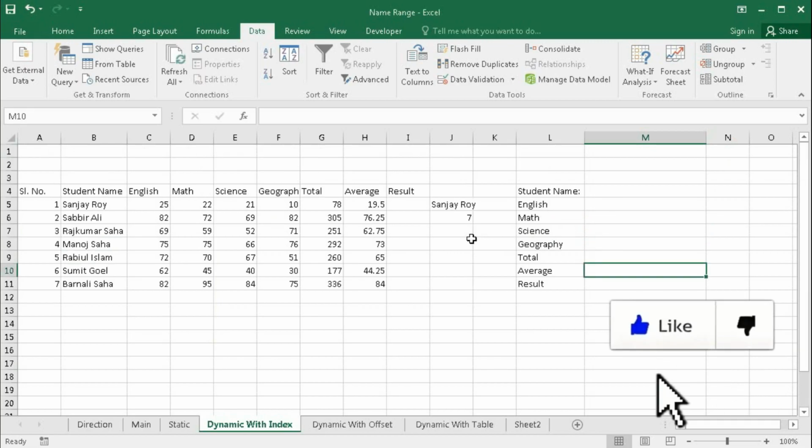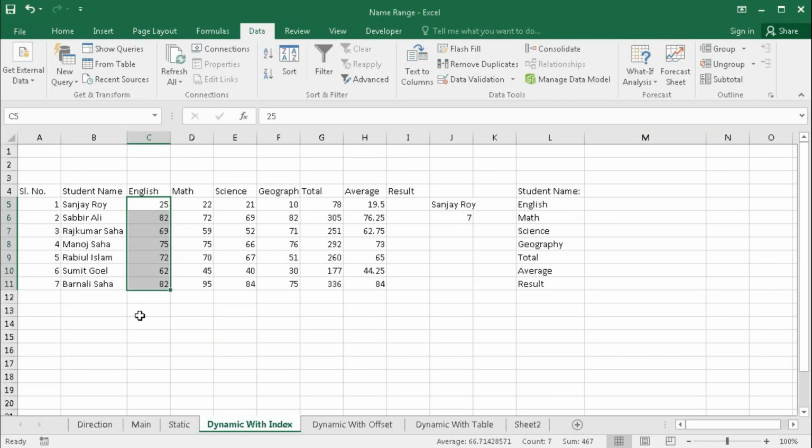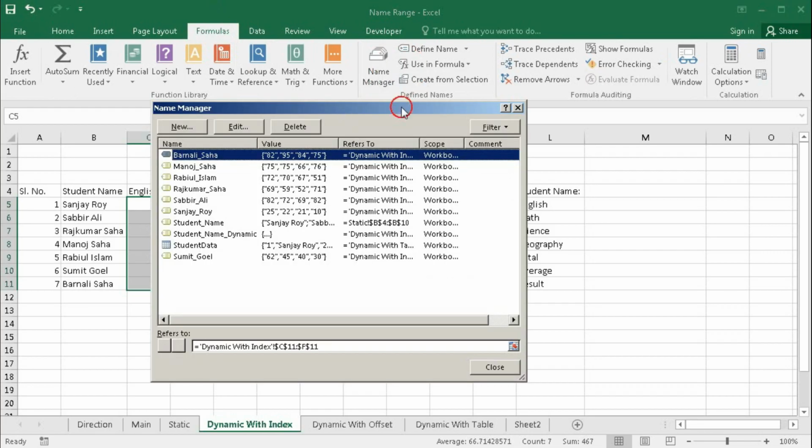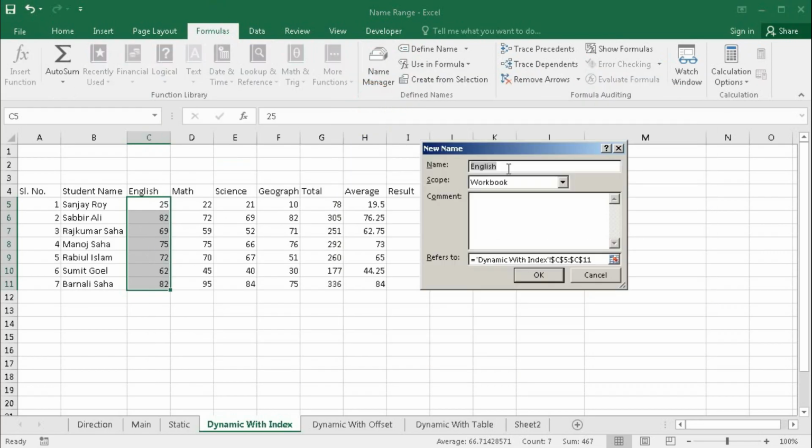So now we will try to calculate the total of English with the help of dynamic range with the INDEX function. So first we will create a dynamic name range for English. First go to formula, name manager, and then new, and type here English dynamic.